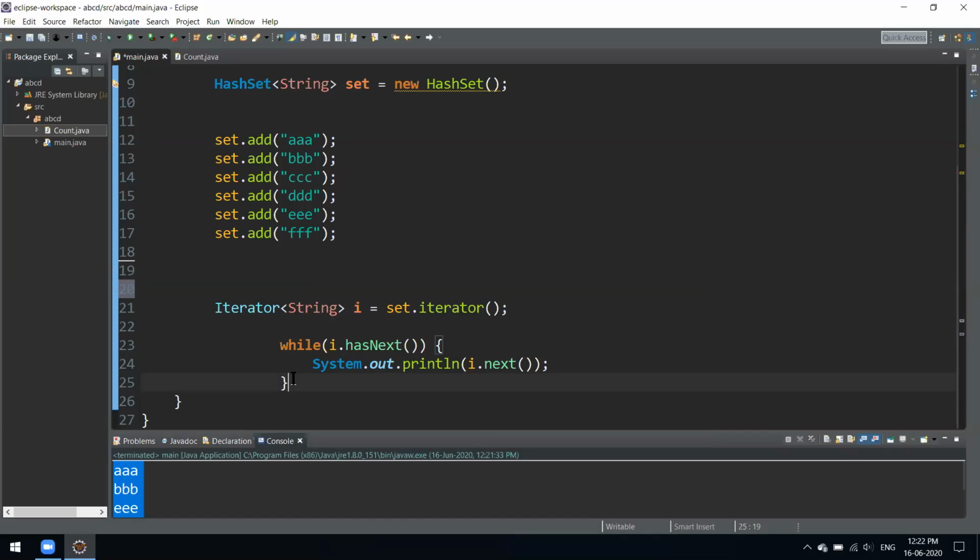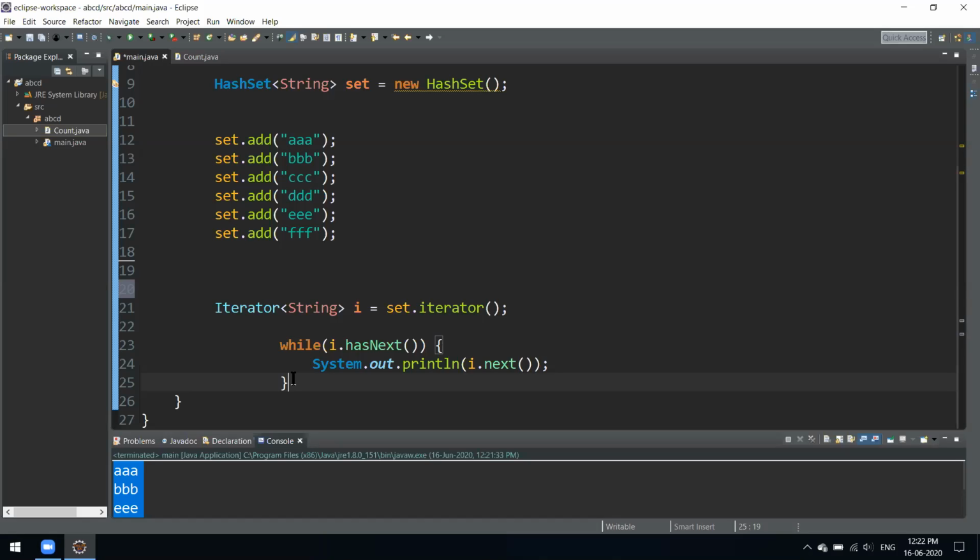You can also have a set of different classes. Now what we had was a simple set of normal strings and integers, but you can have a set of multiple classes also.